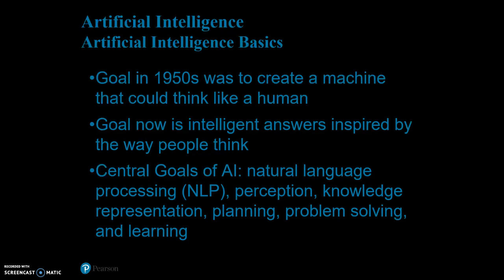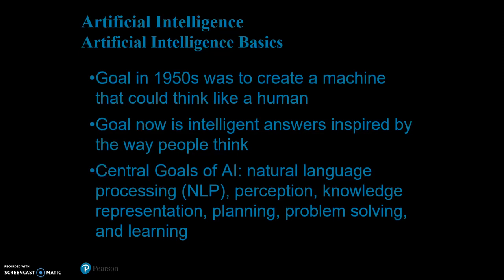Okay. In the 1950s, at the dawn of AI research, the goal was to create a machine that could actually think like a human. But now we've sort of changed our focus, and today AI researchers are looking to develop systems inspired by how humans think. Okay? We're not trying to recreate humans necessarily. We're just trying to take some of the best parts of humans and see if we can get them to work